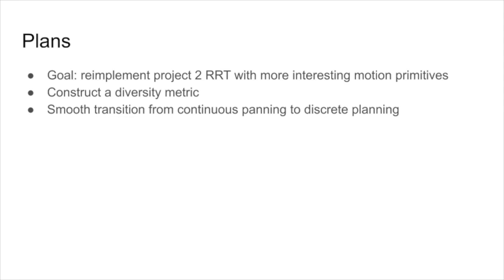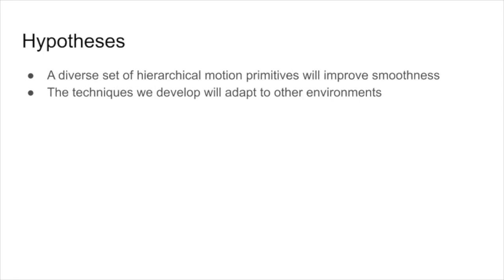Moving forward, we want to start implementing techniques we've learned about to experiment further, and we also want to do more research to learn about work that has been done in selecting these abstraction barriers. Our hope is that a diverse enough set of motion primitives constructed hierarchically will be a good solution to our problem. The main support we have for this hypothesis is that our technique is an approximation of how humans do